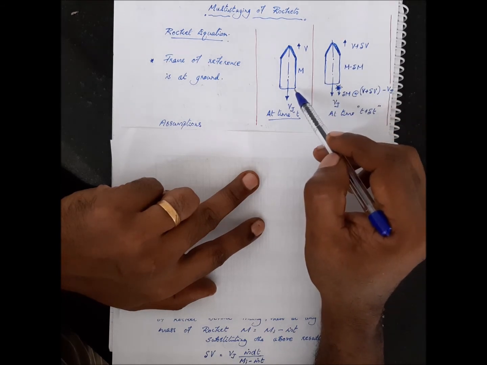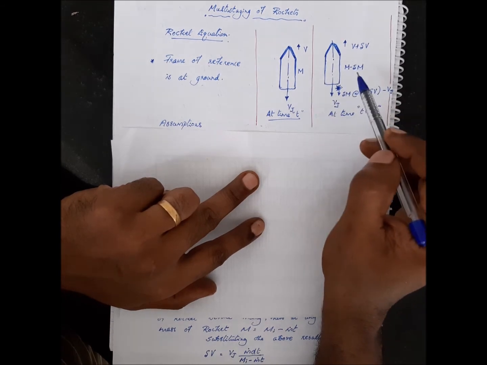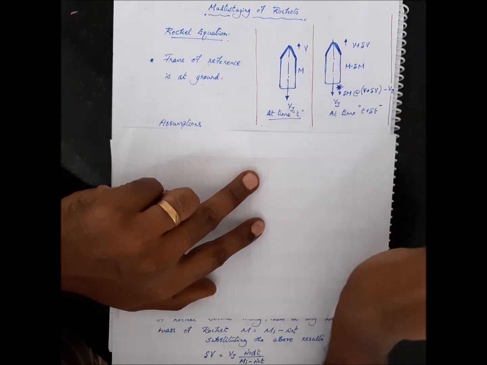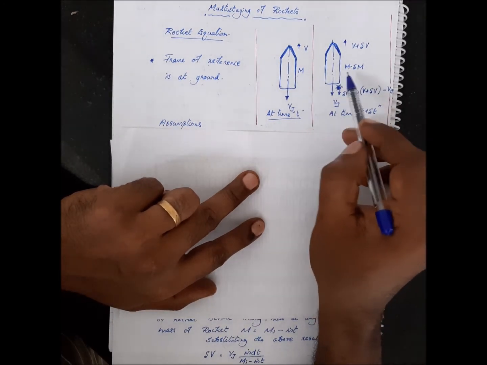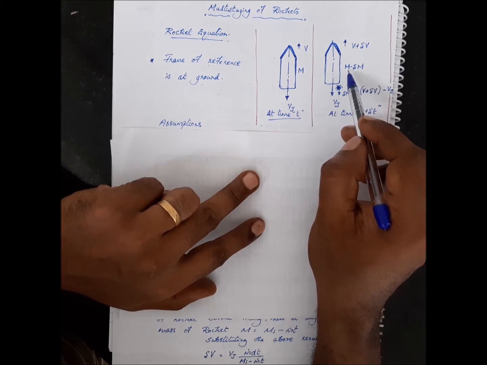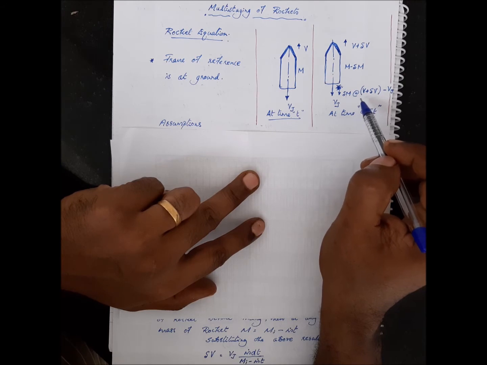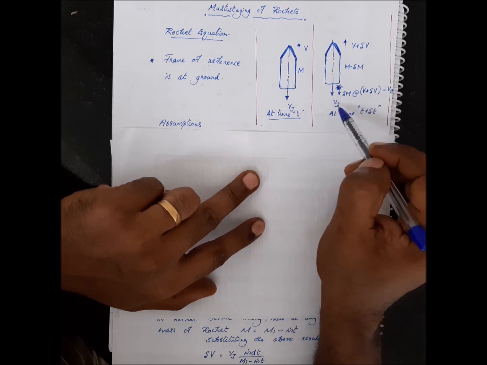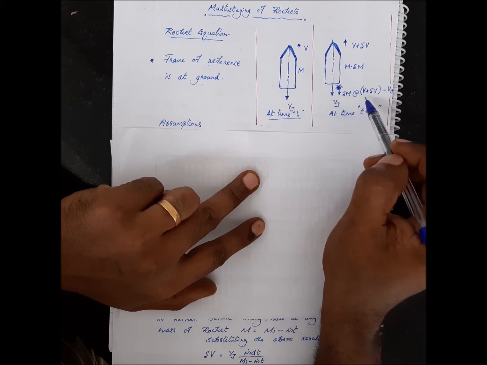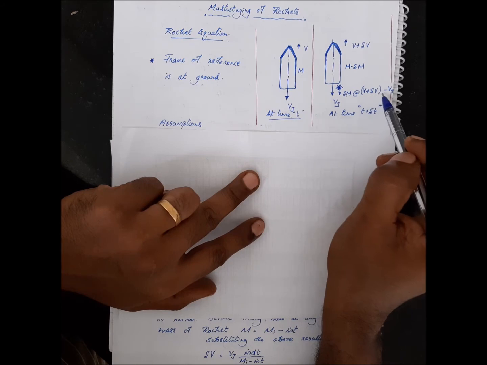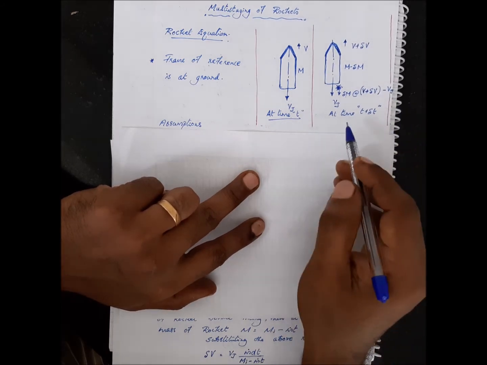So the velocity of rocket at time t is v. The velocity of rocket at time t plus delta t is v plus delta v. So obviously the mass of the rocket goes down. It is m minus delta m because the delta m mass is ejected at a velocity vj. So when you look from the reference frame, the velocity of the mass which is ejected out is actually the forward velocity minus the vj. So v plus delta v minus vj. Okay, so this is your context.